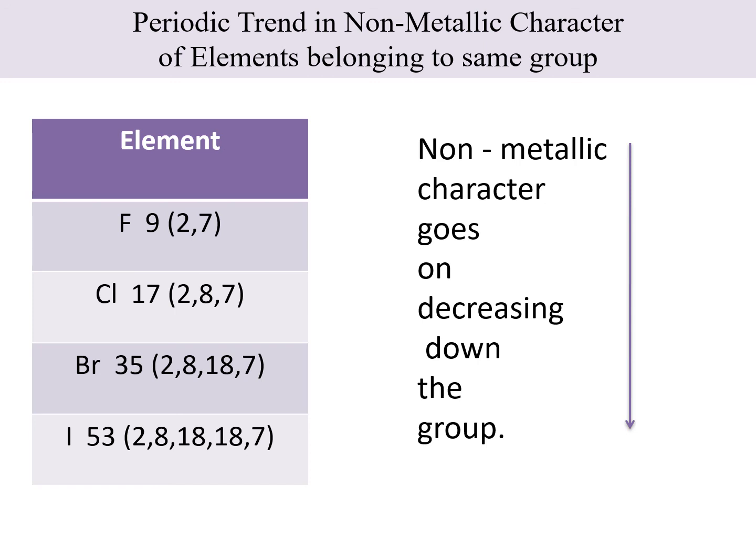Here is one more trend that we have already discussed in the previous slide, but we would just revise it once again. That is gradation in the halogen family. Gradation, that is gradual change. Though they all have 7 electrons, their chemical properties are similar, but there are certain physical properties that are different. We find that fluorine and chlorine both are gases. Bromine is a liquid, whereas iodine is a solid. So this is the gradation, or gradual change, in physical properties that we find in elements as we move down the group.